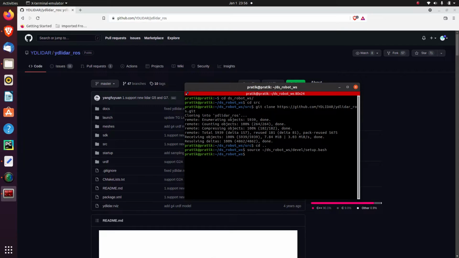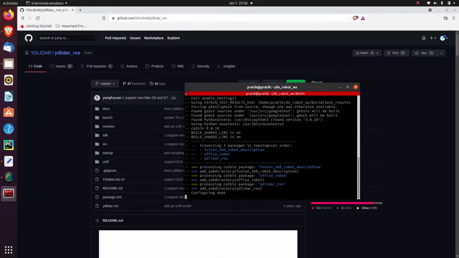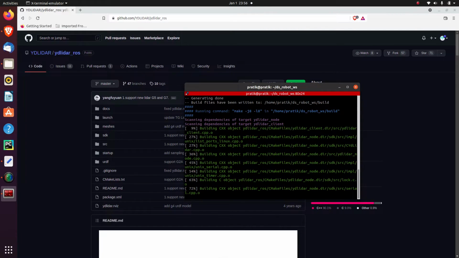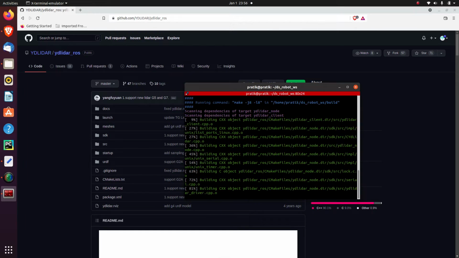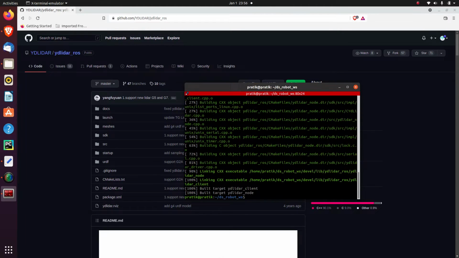The second thing I have to do is compile the workspace through the command catkin_make. It will take some time, and now I have successfully built my package.